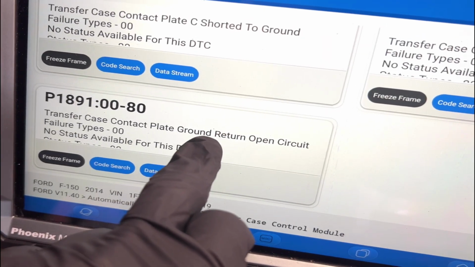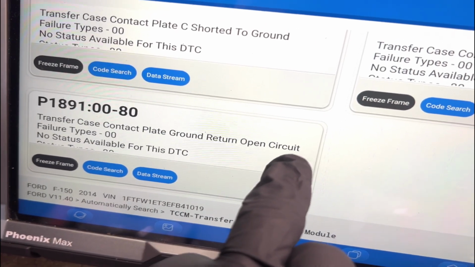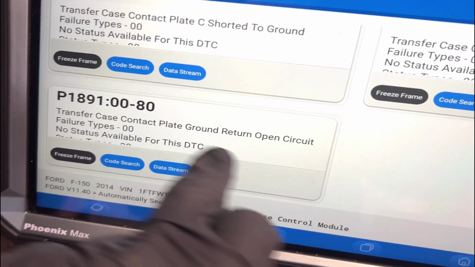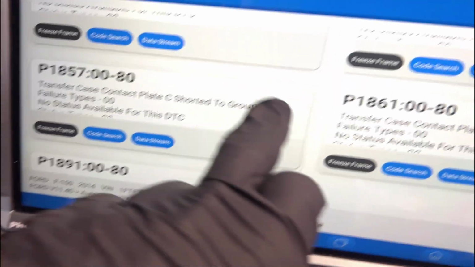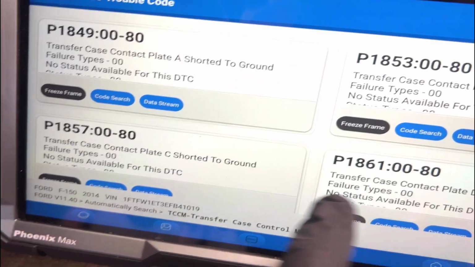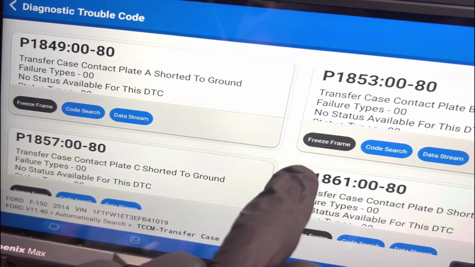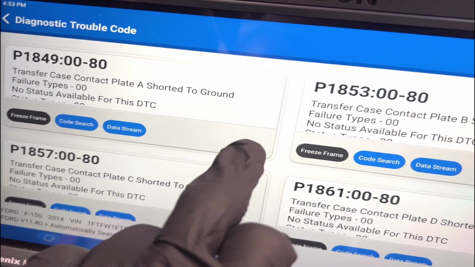Contact plate ground return open circuit. If this is open, then all of the switch statuses will be open. And if they're open, they cannot be shorted to ground. Specifically, when I say open,